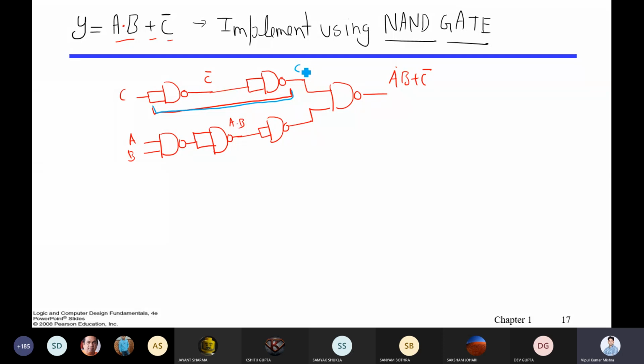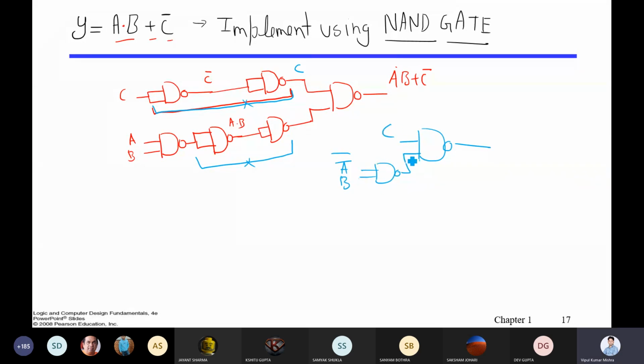It will be C bar. Now same story here as well. A dot B will be here, then you are taking complement of this. First you are taking complement here, then again you are taking complement here. So do you need this? No, we do not need this as well. Then your simplified circuit will be C will go here and A and B will go directly here.